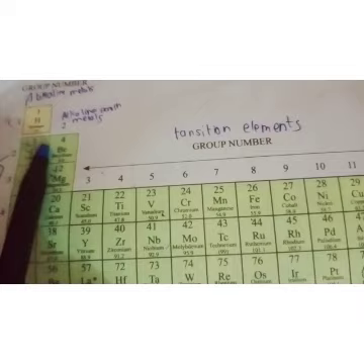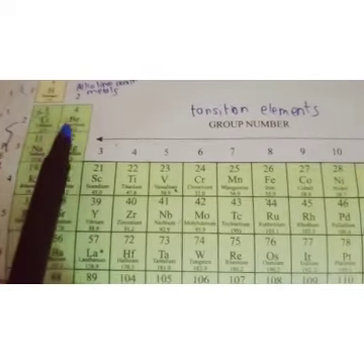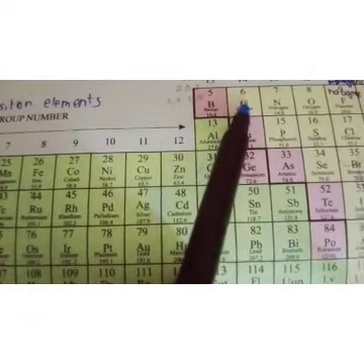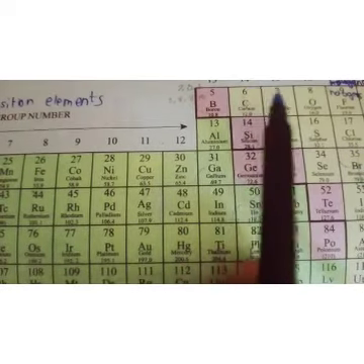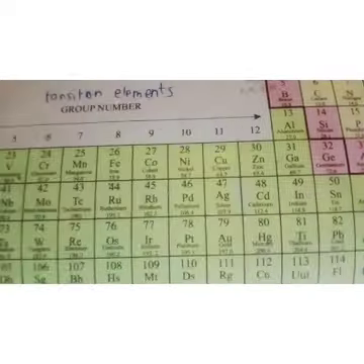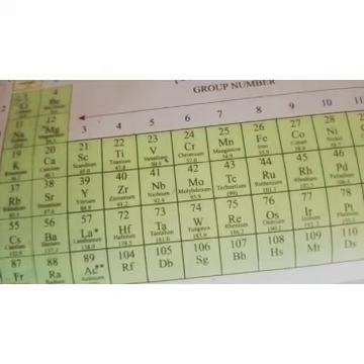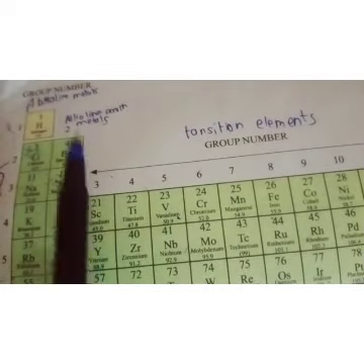Starting from hydrogen with atomic number 1, then helium with atomic number 2, lithium 3, beryllium 4, boron 5, carbon 6, nitrogen 7, oxygen 8. Like this, a correct increasing order of atomic number is followed in Moseley's or the modern periodic table. So elements are arranged on the basis of their increasing atomic number. Not only that, he also classified elements into various groups.